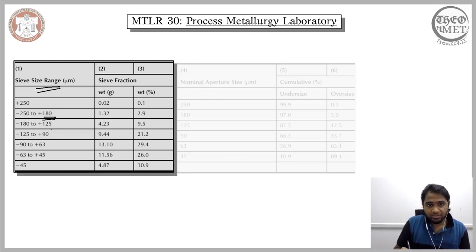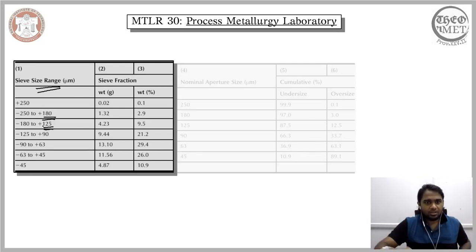And in the third sieve, even though its aperture is of 125 micron size, the particle sizes that are collected by this particular sieve will be of the range 180 to 125 micron, because any particle that is smaller than 180 micron will pass through the second sieve. So what we essentially have is a range. The particles that are smaller than the previous sieve will pass through it, but are held by a specific sieve when its size is greater than the corresponding aperture.